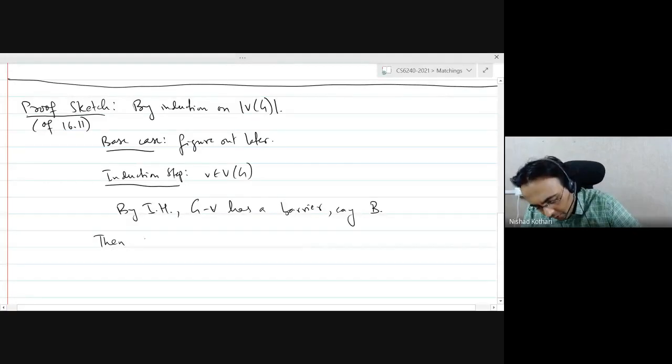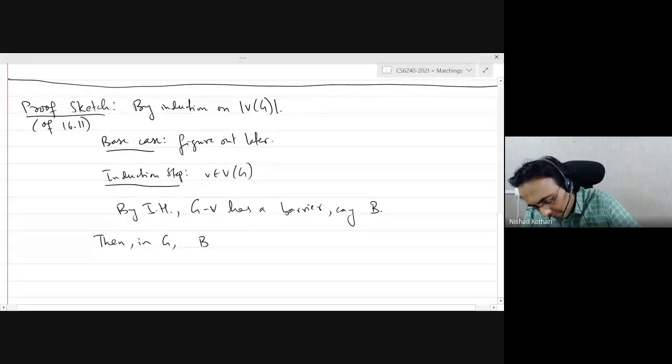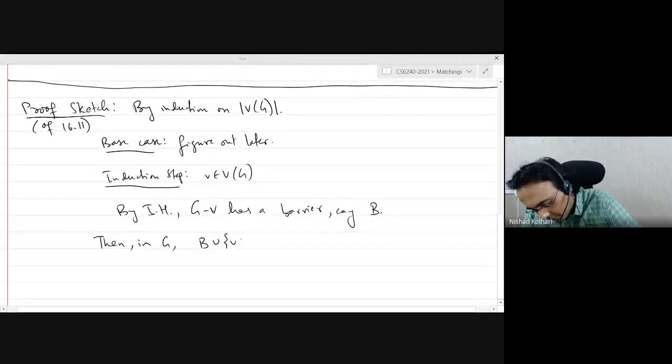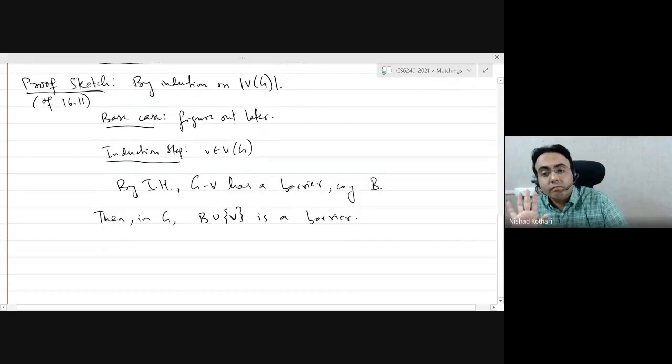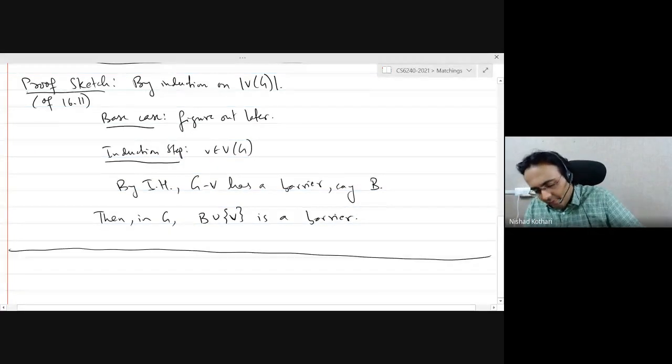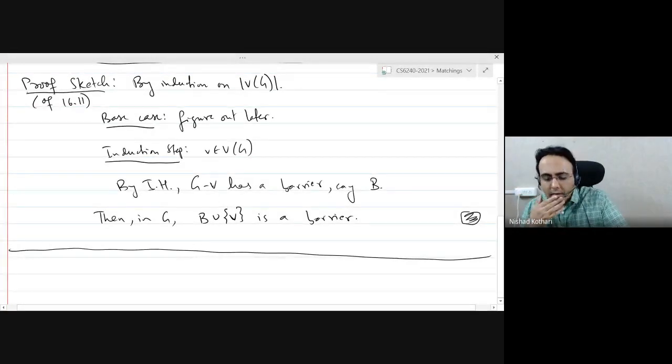We want to argue now that in the graph G, the set B union the vertex v is a barrier. This is at a high level how the proof goes. There are details we need to figure out.